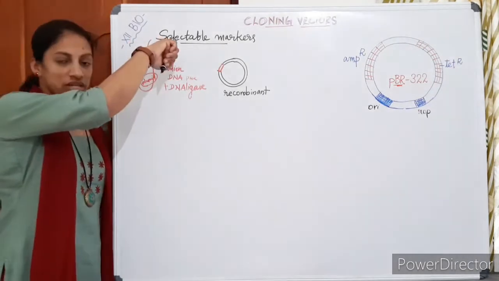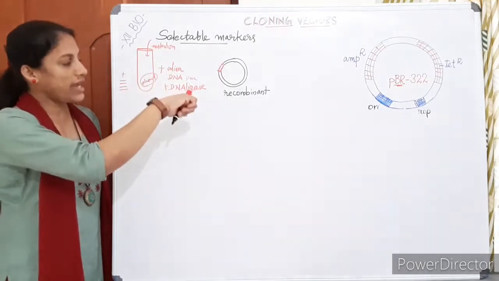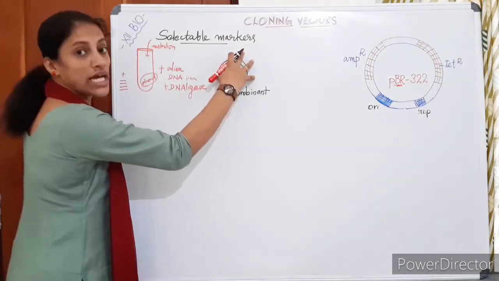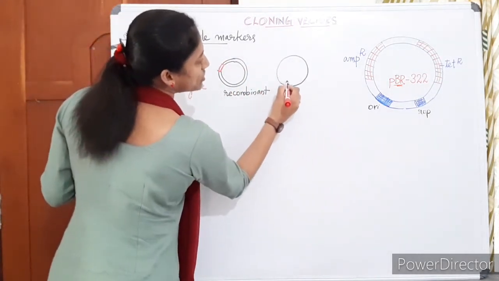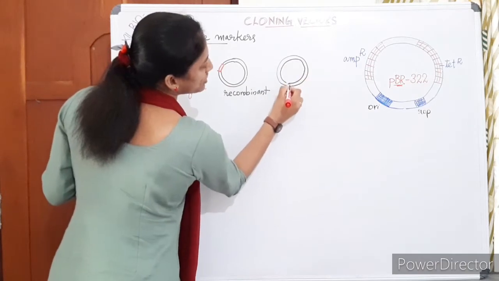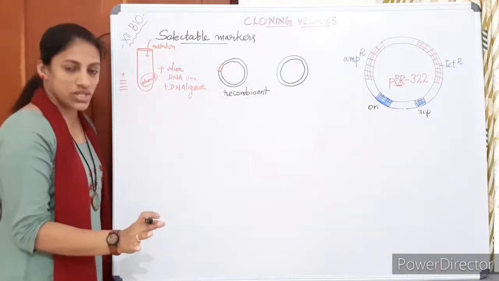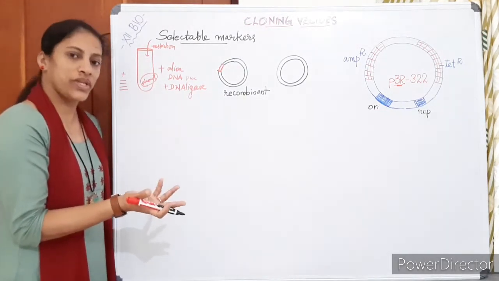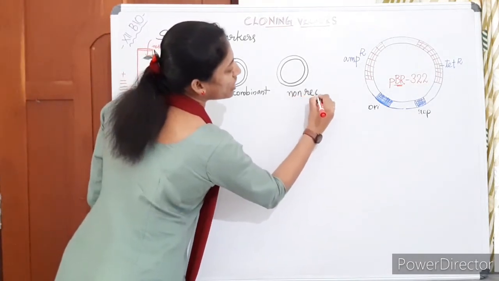That means the restriction enzyme action is successful, insertion is successful, and the DNA ligase action is completely successful, so we get the recombinants. Whereas some we can expect in this way also. Some of the plasmids will not be successful: no restriction enzyme action, no insertion. If there is no restriction enzyme action, no insertion is possible. We can call them non-recombinants.